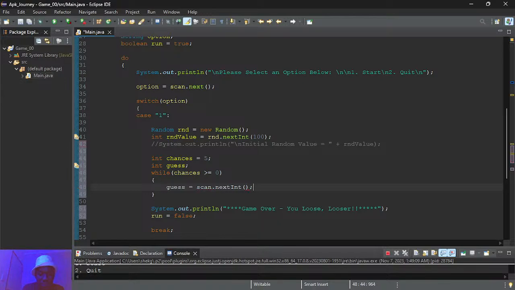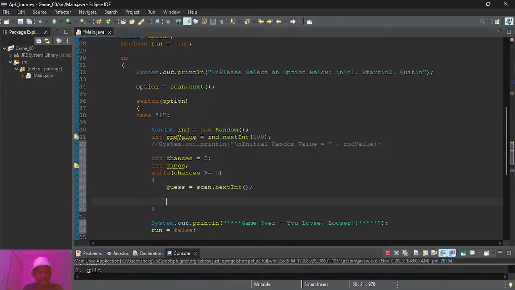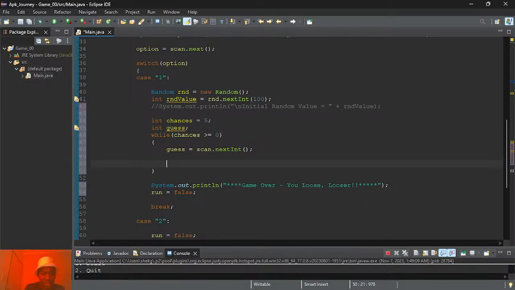And then we're gonna use some if statements here. So there's gonna be three, actually four, if statements.